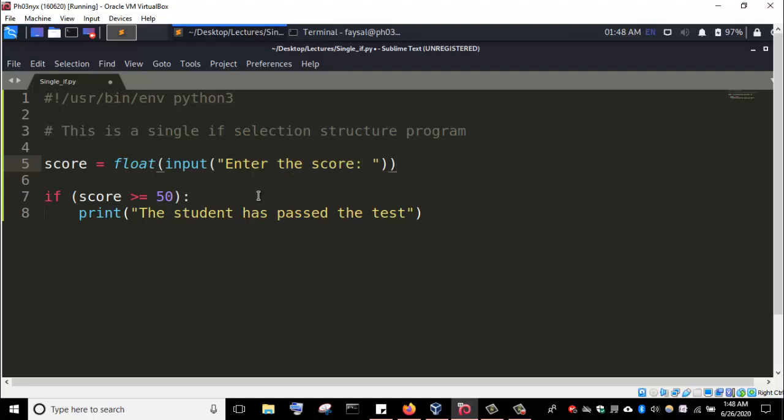The reason for converting to float is that this is a test, and a student might score something like 50.5, 50.6, 50.7, a floating point number. I don't assume that the teacher will approximate or round up the value. So I assume that the teacher will want to input the score as a floating point number. That is why we are using typecasting to convert